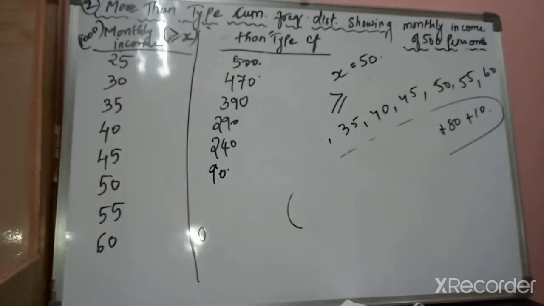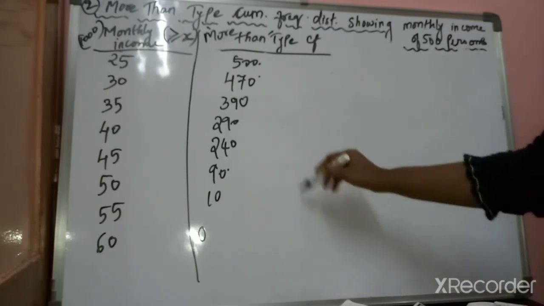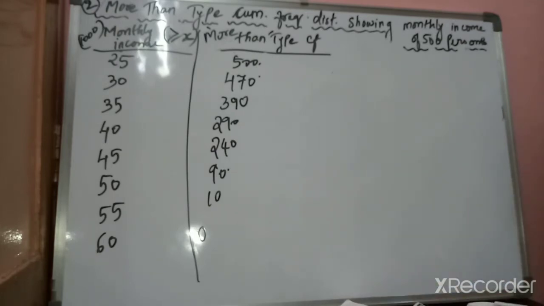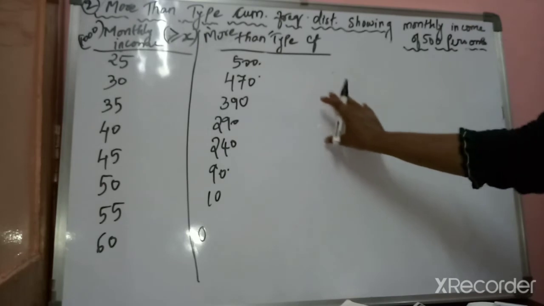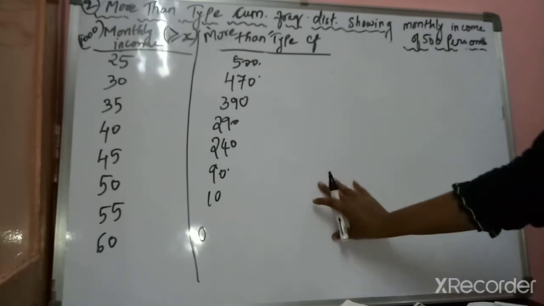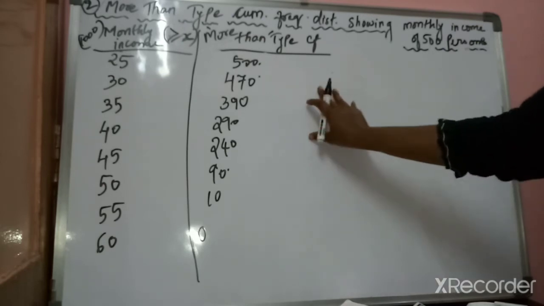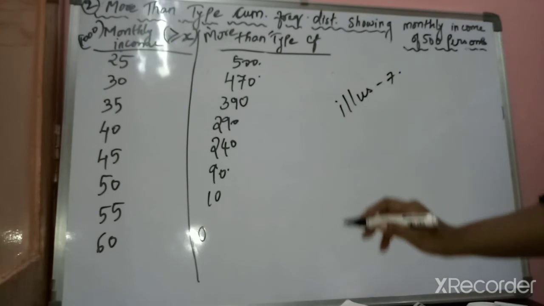Okay, so just complete this. After completing, it would be looking like this. You can either show the working. I have not shown the working, but in your books you have to show the working, just as I have shown over here in my rough work, that is 10 plus 80, like this you have to write it for better calculations. Okay, so there would be no confusion. So this is the completion of your illustration number 7. Clear with this?